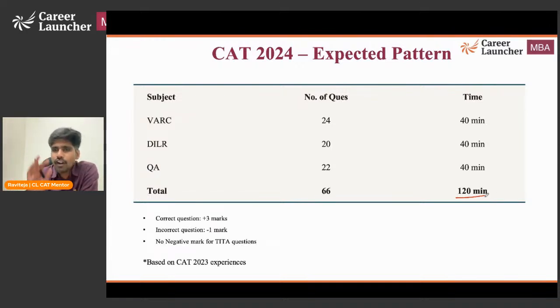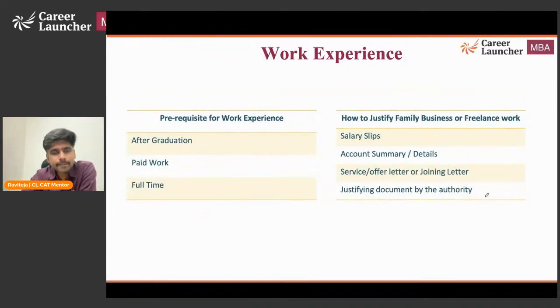Keeping that aside, our job today is to first fill the form for the CAT, and we need to understand what courses to apply to and what intricacies are there. Let's just cover that. Coming to the question of work experience. Many people ask me, okay, boss, I worked at an NGO, what do I do? I worked as an intern for 6 months, what do I do? See, work experience